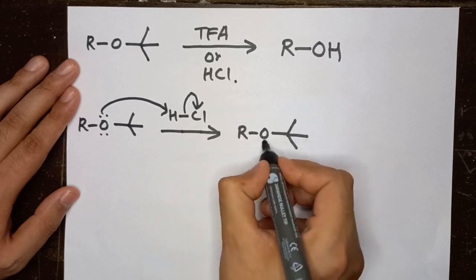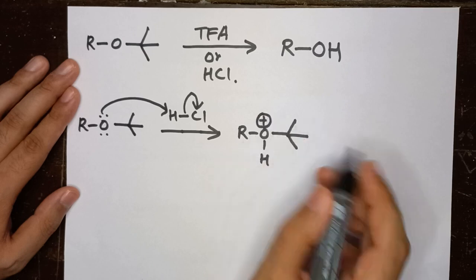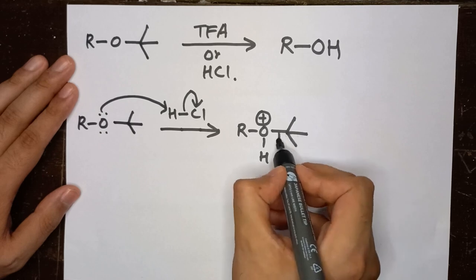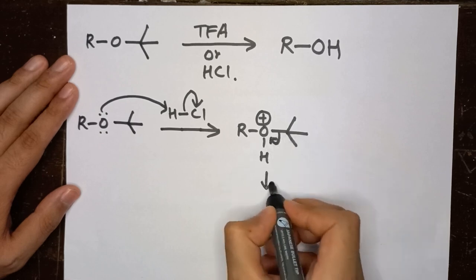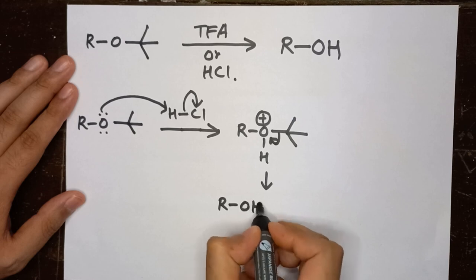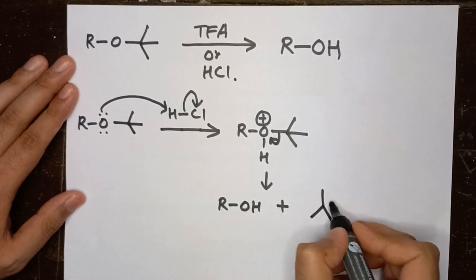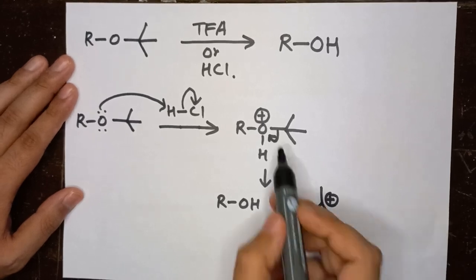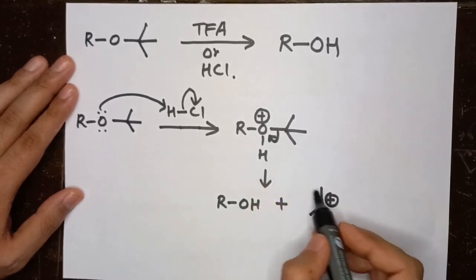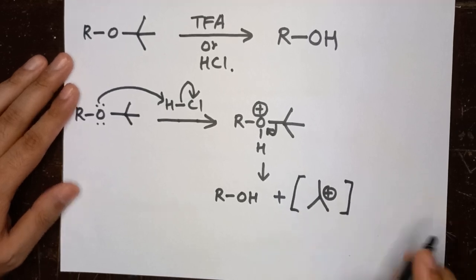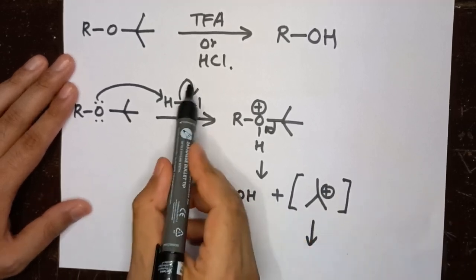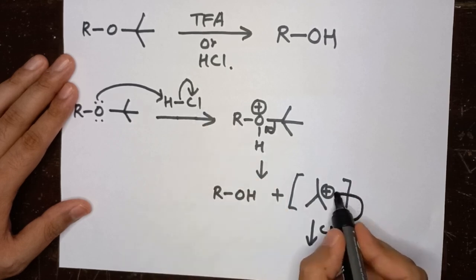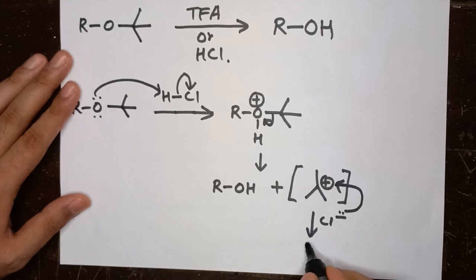and it will form the oxygen bearing positive charge. Now this bond is going to break. You will generate the product, and the byproduct is this very stable tertiary carbocation. That's why this bond cleaves and forms a carbocation, because the intermediate is very stable. And furthermore, whatever Cl- has just left will come back and form a bond with this carbocation, and the byproduct will be